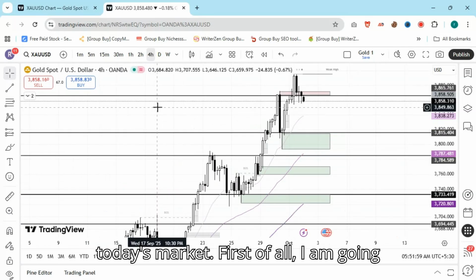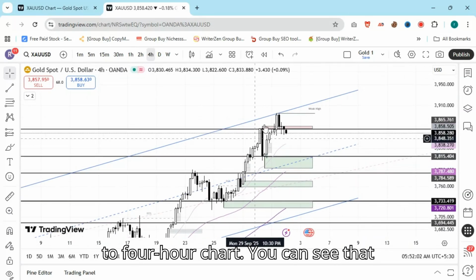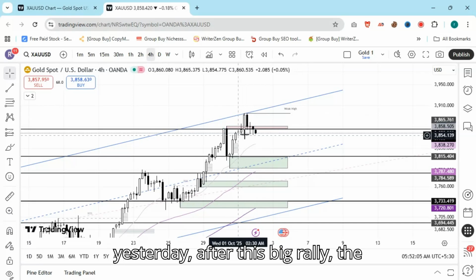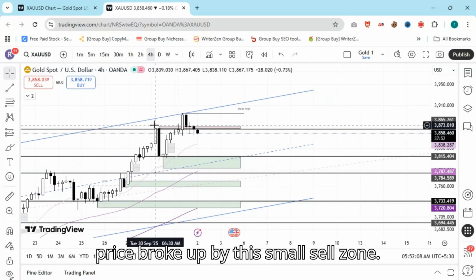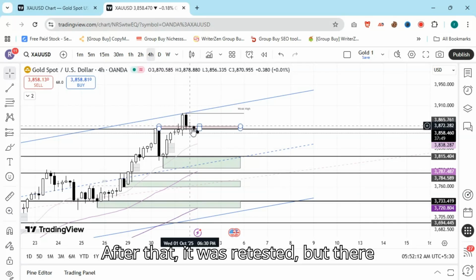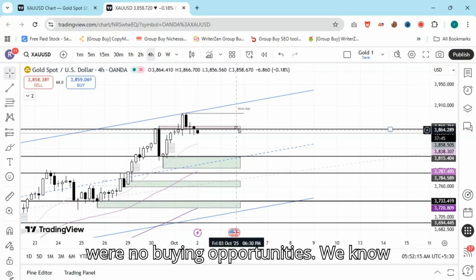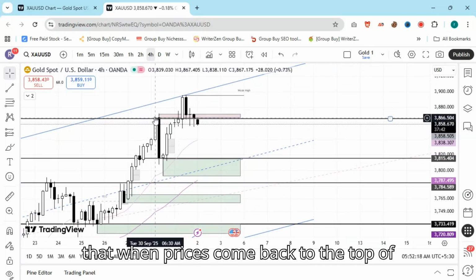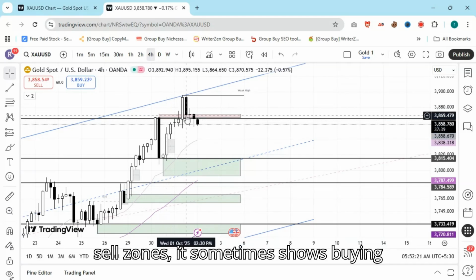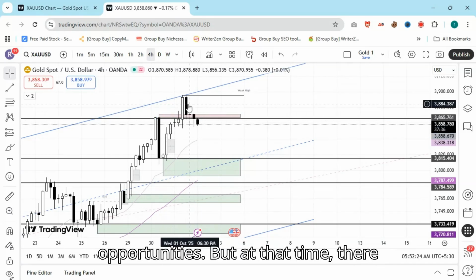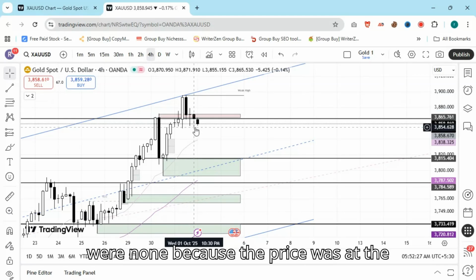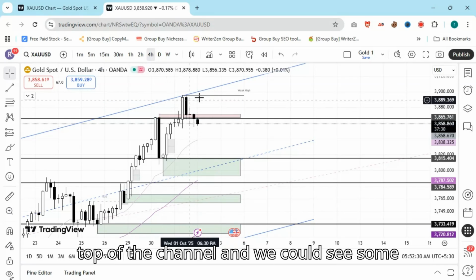First of all, I am going to the 4-hour chart. You can see that yesterday, after this big rally, the price broke up by this small sell zone. After that, it was retested, but there were no buying opportunities. We know that when prices come back to the top of sell zones, it sometimes shows buying opportunities. But at that time, there were none because the price was at the top of the channel, and we could